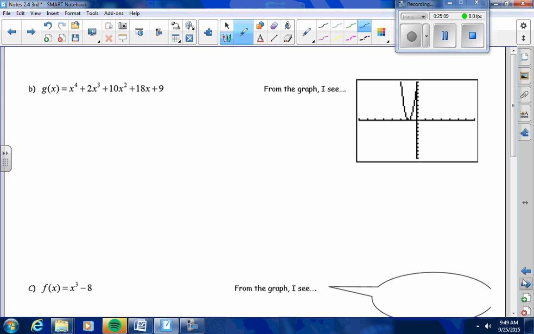One. I see one root. Is there anything special about that one root? Yeah. What's special about it? It's touching, it's not crossing over, right. It's tangent, so it means it has a multiplicity of 2. Okay? This one has a multiplicity of 2. One root with a multiplicity